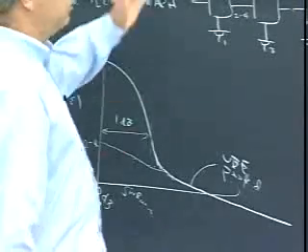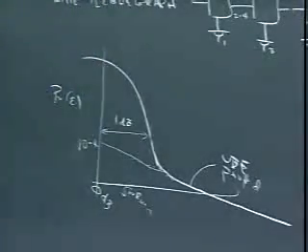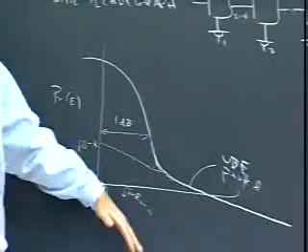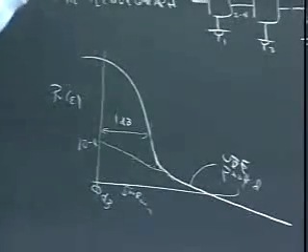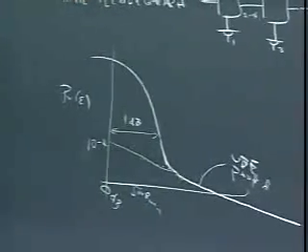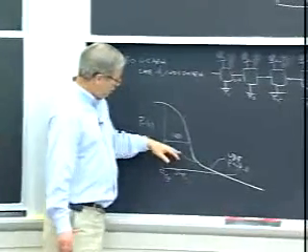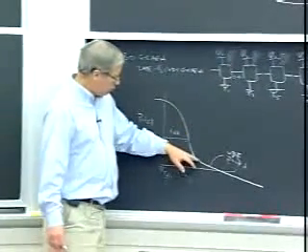There may be only a few in 1,000 length blocks, so the error coefficient is very small. That's why this is way down here. The interleaver tends to give you a 1 over n effect on the error coefficient. So this is way down here, and it doesn't bother you in the waterfall region,